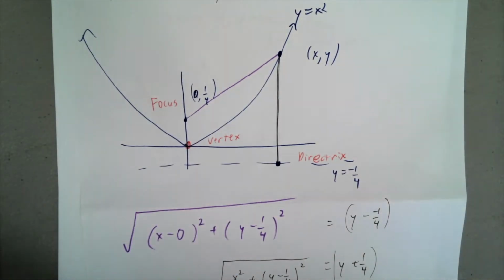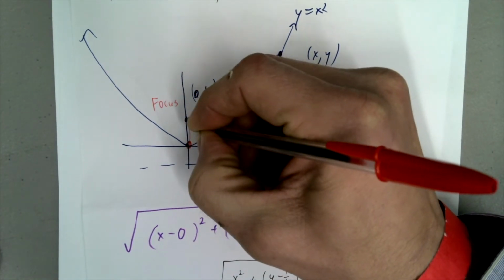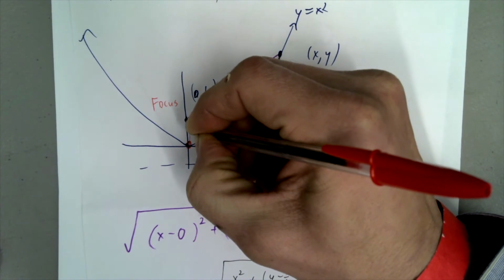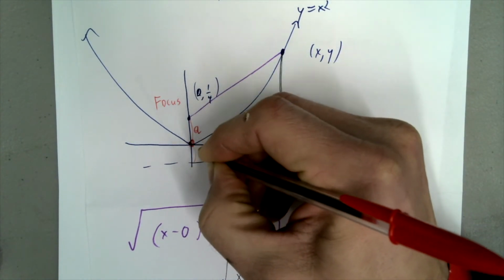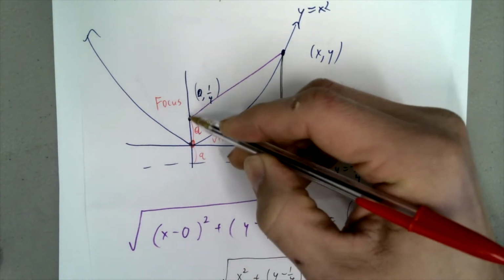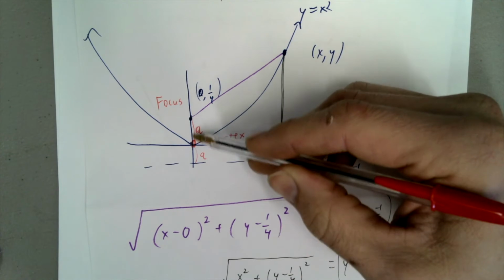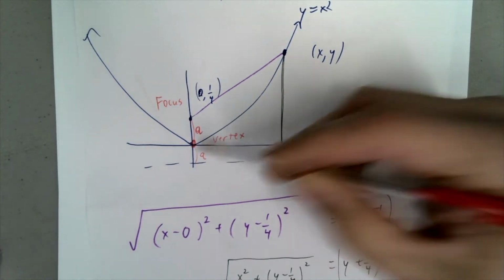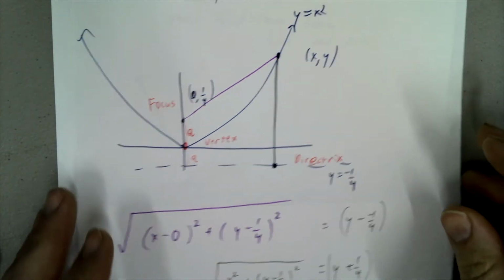the relationship we're going to end up seeing algebraically is that we call this distance A. I believe they use A in this book. It's A. This is the same distance in the other direction because the vertex has to be halfway between them. It's equal distances. But this value A from the focus to the vertex or from the vertex to the directrix in that direction is related to this. And what we have is